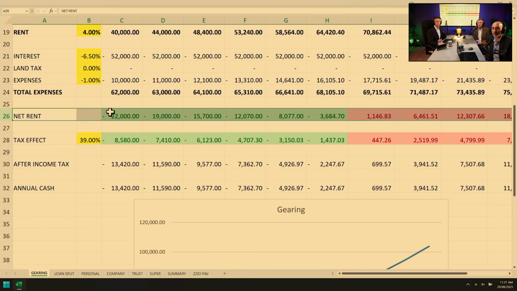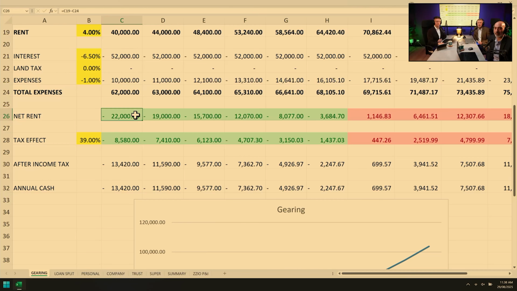You're losing $22,000. So that's the actual cash flow of what you're having to pay out. That's equivalent to $11,000 a year. Call it $1,000 a month. Now, if you're on a 39% tax effect, the ATO says, "Oh, well done, you lost $22,000. We'll give you an $8,500 discount on that." So after your tax benefit, you're really out by $13,000 across a 2-year period, and this is an interest only scenario as well. So the loan's not actually reducing.